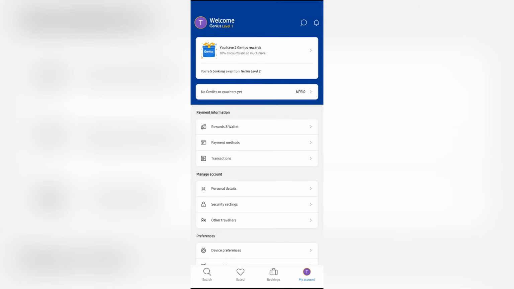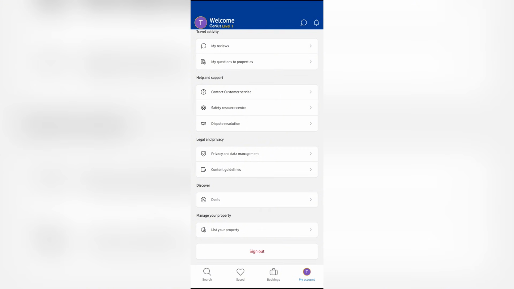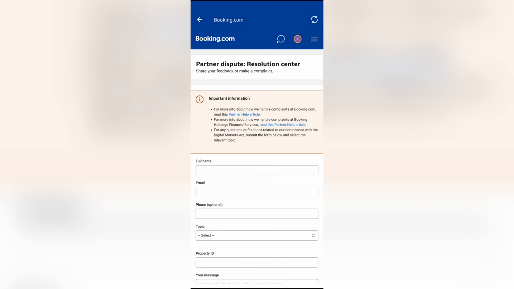In order to do that, just simply open booking.com and go to your profile from the bottom right corner, and scroll all the way to the bottom until you see the option of dispute resolution under help and support. Tap on dispute resolution, and once you tap on it, this page is going to appear